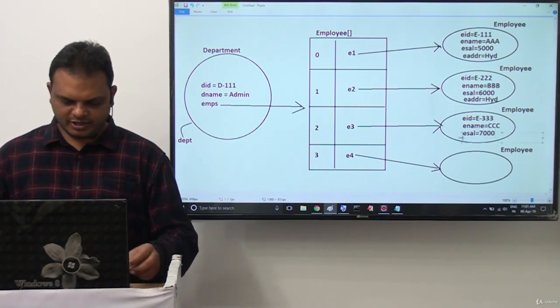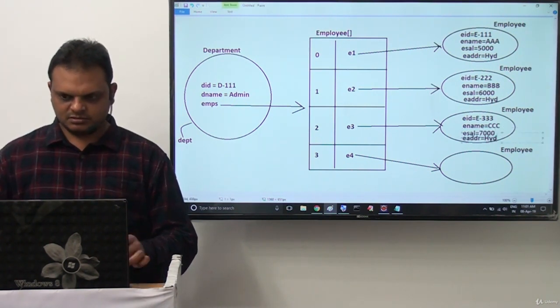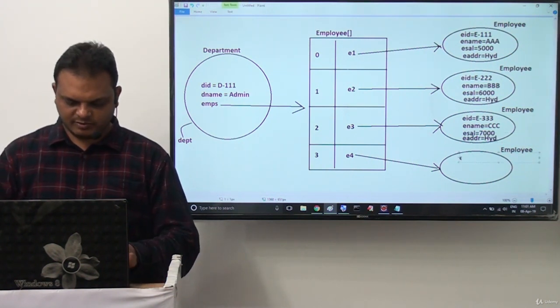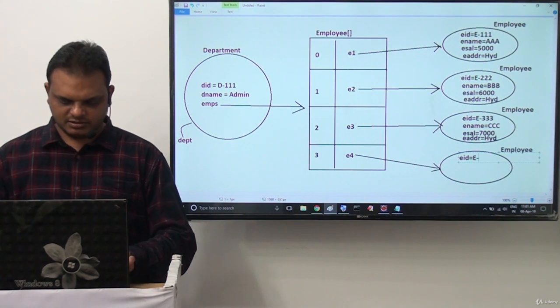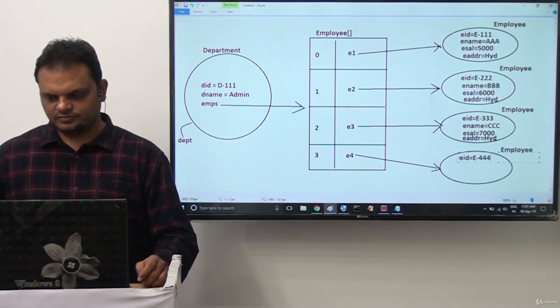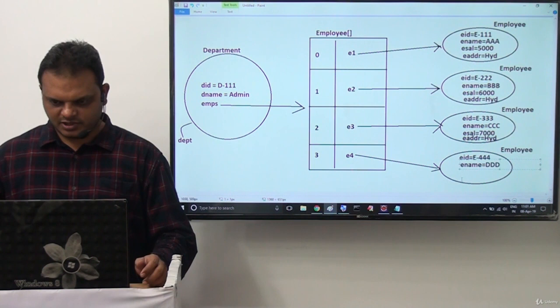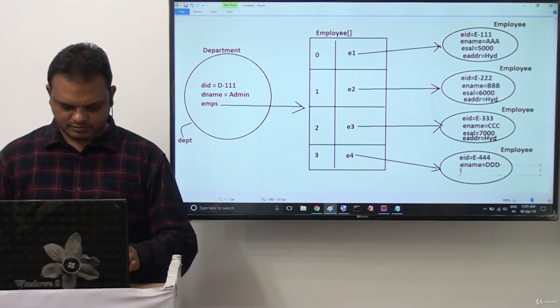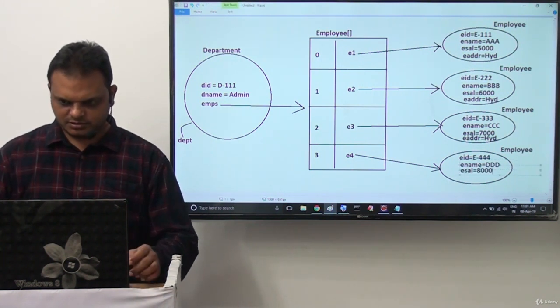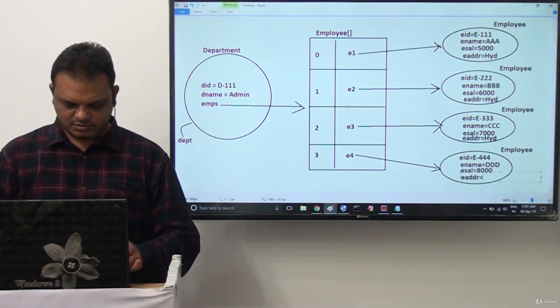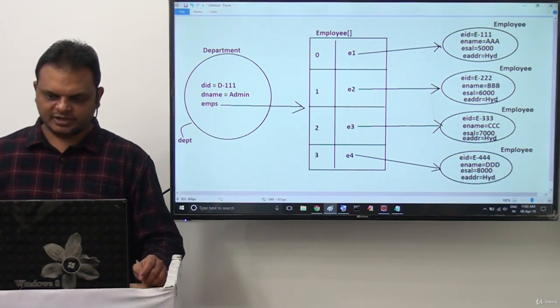Next one is employee address Hyderabad. Next one is employee ID E444. Next employee name is equal to DDD, employee salary 8000, and employee address is equal to Hyderabad. That we are getting directly.